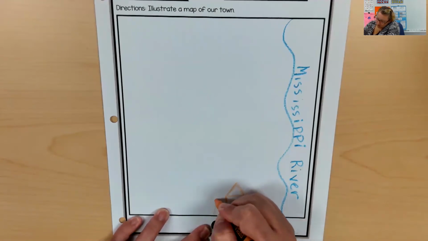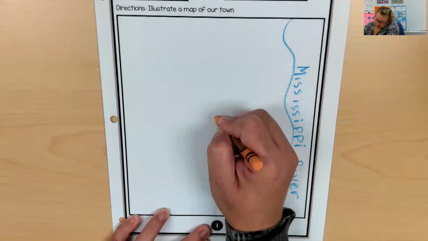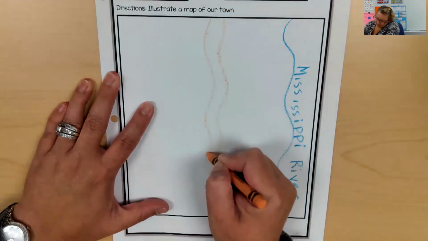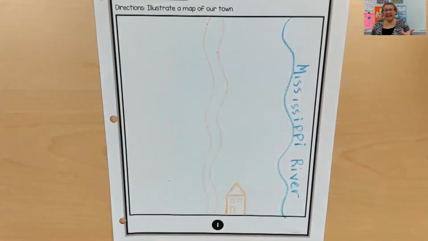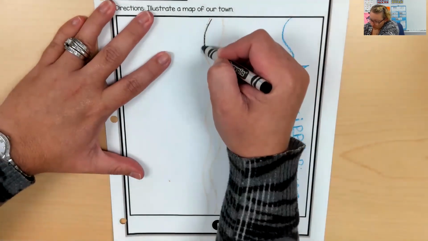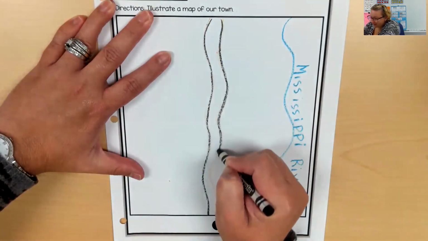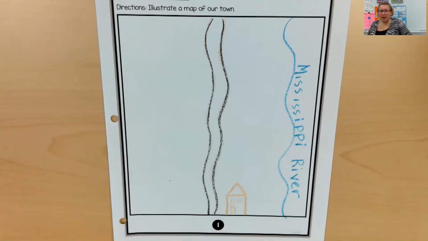So I'm going to draw a curvy street that follows the length of the Mississippi River. So here's my street. And you know what? Whenever I am at work, I actually don't work very far from my house. So I'm going to make my street a little darker. I live fairly close to my work.